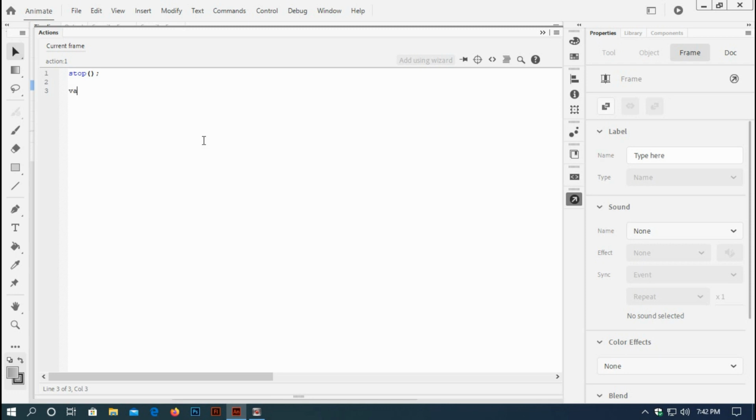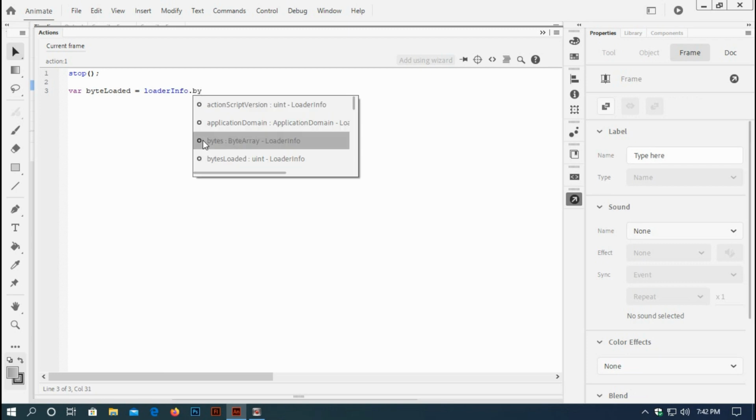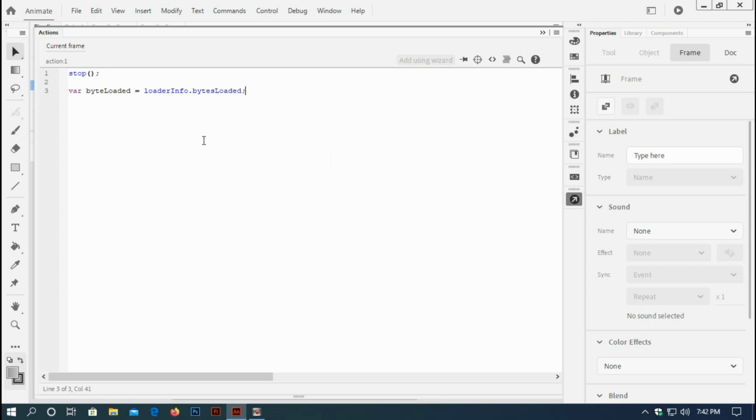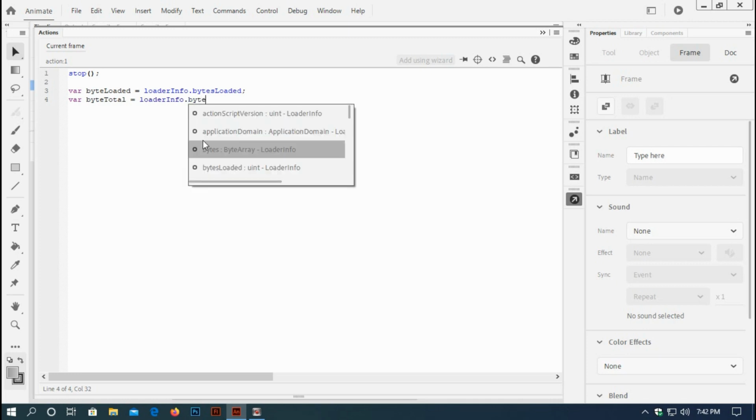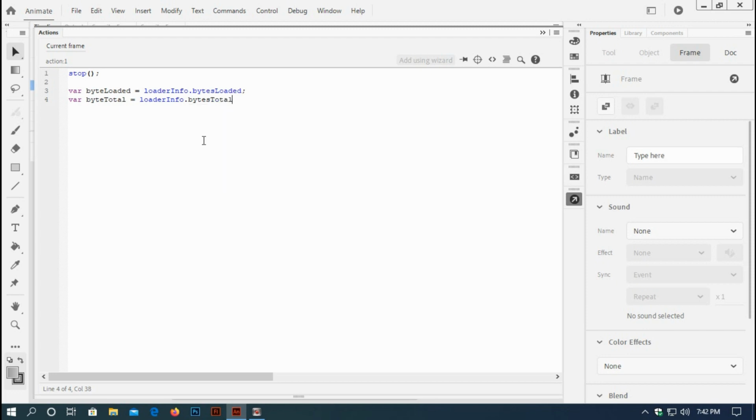and then I will type two variables, var byteLoaded equal to loaderInfo dot bytesLoaded. Then another variable, var byteTotal equal to loaderInfo dot bytesTotal,